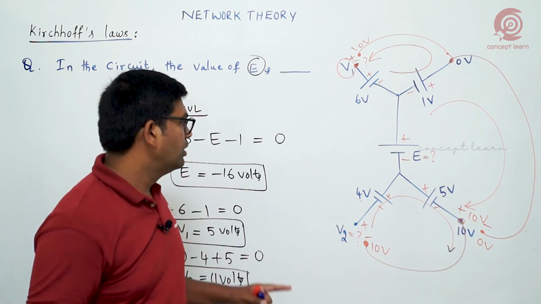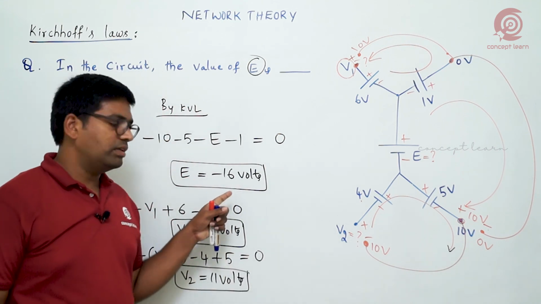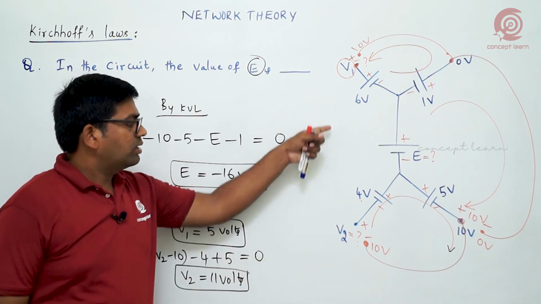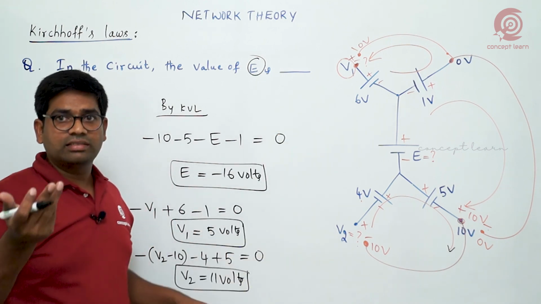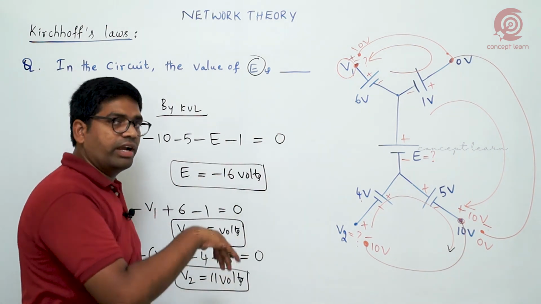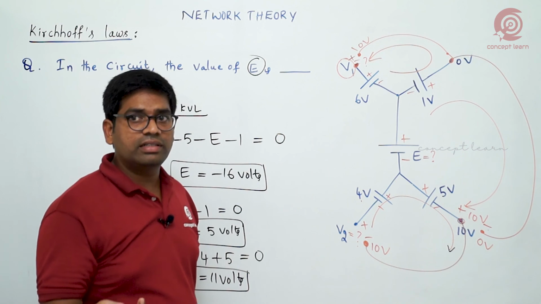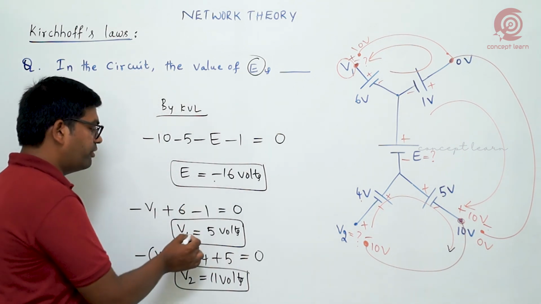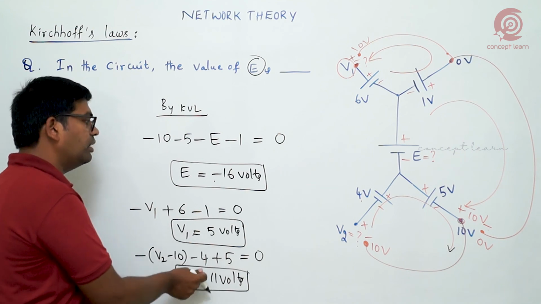But the question is to find the unknown voltage E, and we did additional calculations of what are unknowns here. You may ask, sir, why don't you find V1, V2, then use the left hand side? In the same way you can get it, but this is time consuming, because to get E, first I need to solve V1, V2, then again left